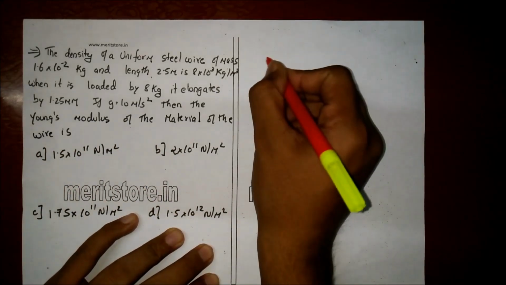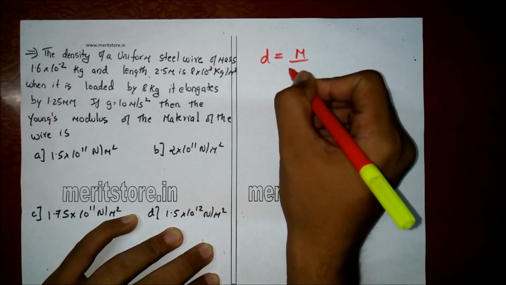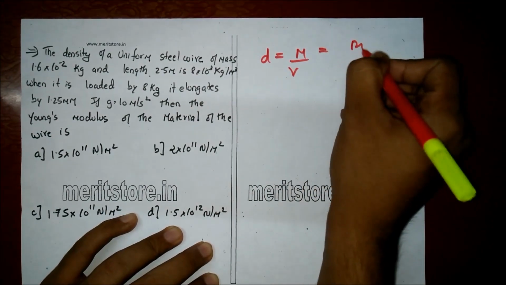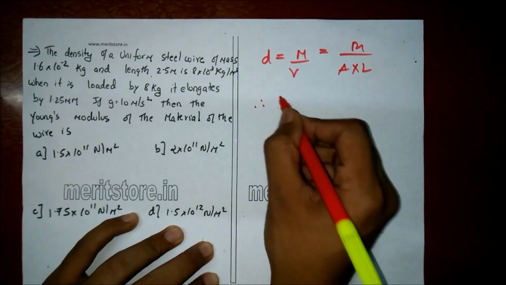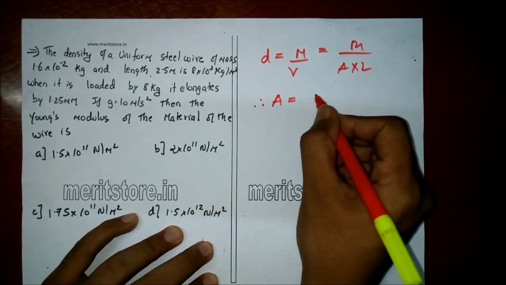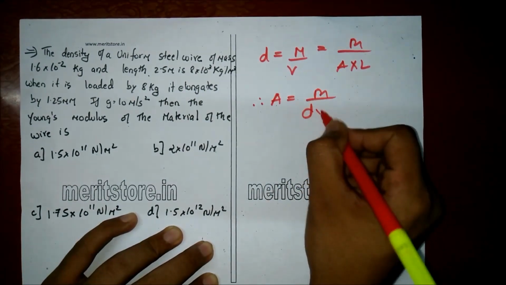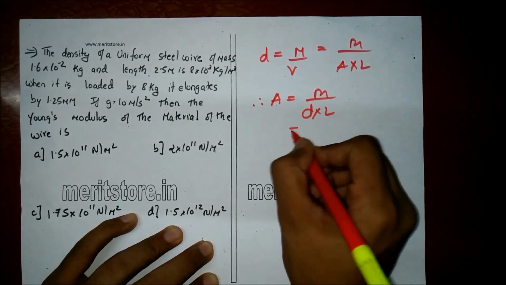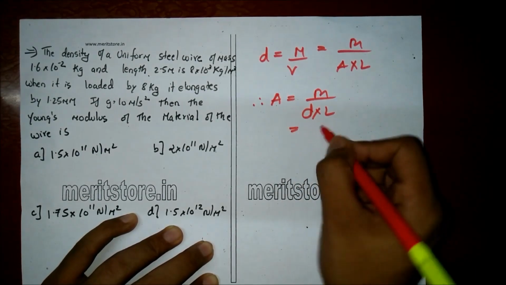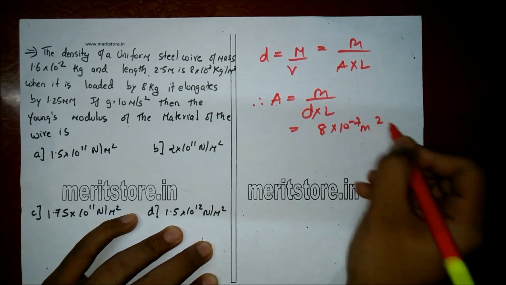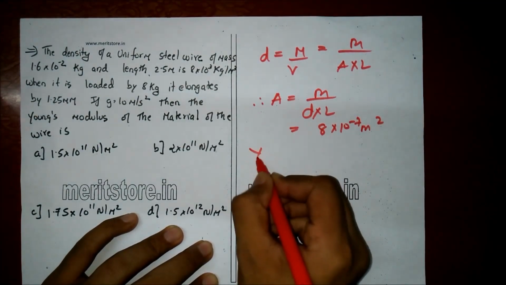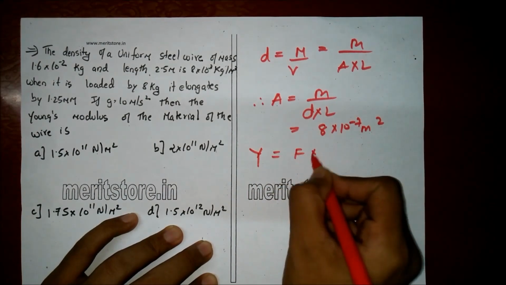Now density is given by mass upon volume, which is equal to mass upon A into L. Therefore, to find the area of cross section, A will be equal to mass upon density into length. On substituting the values of m, d and L, we get the answer as 8 into 10 raised to minus 7 meter square. Therefore, to find the Young's modulus, the formula is Y is equal to F into L upon